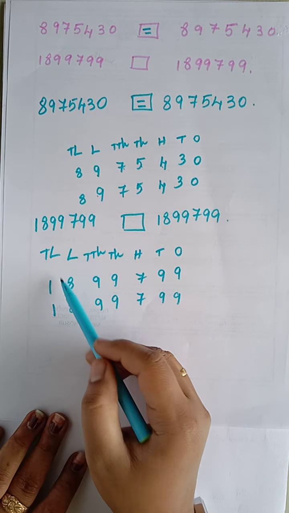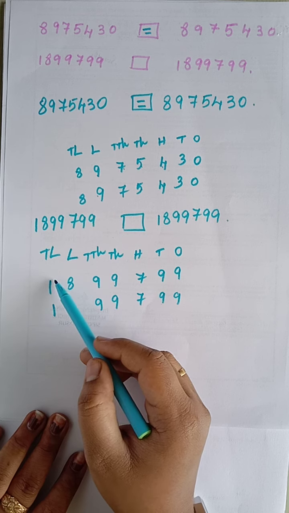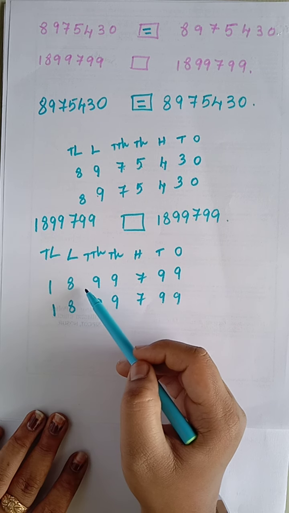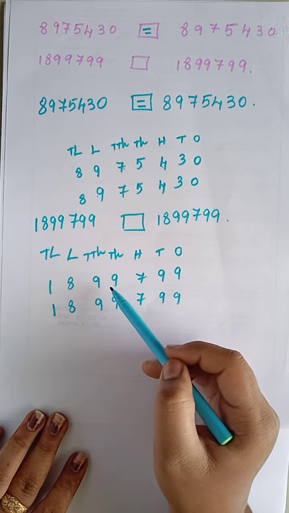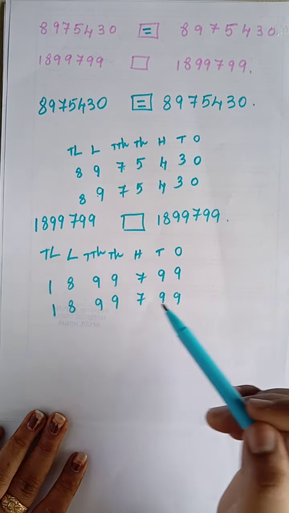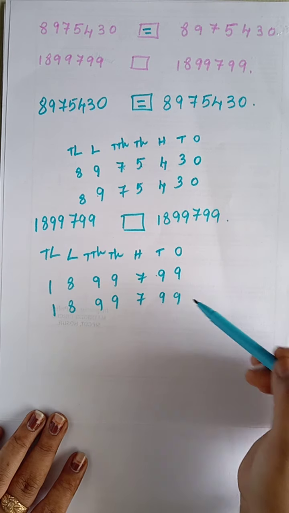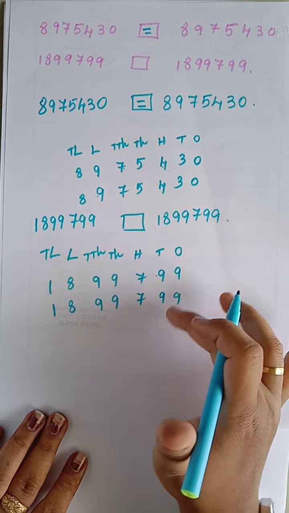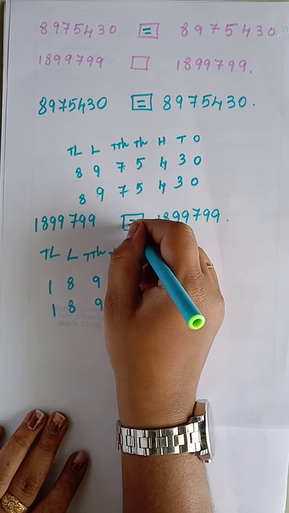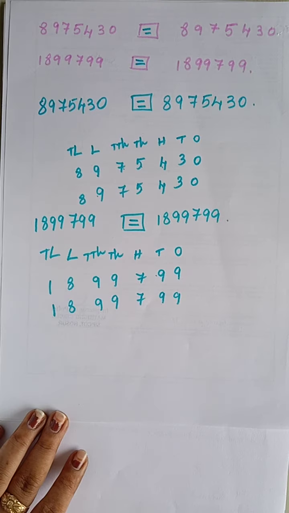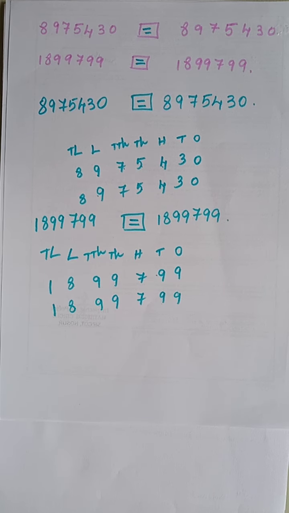So while comparing from 10 lakh, it is starting from 1 so both are same. So next digit, that is here also 8 same, 9 same, 9 same, 7 also same, 9 same, this 9 also same. So both the numbers while comparing in place value chart are same, means our answer will be equal to. Okay students, so can you understand how we have to do these types of sums by using a place value chart?